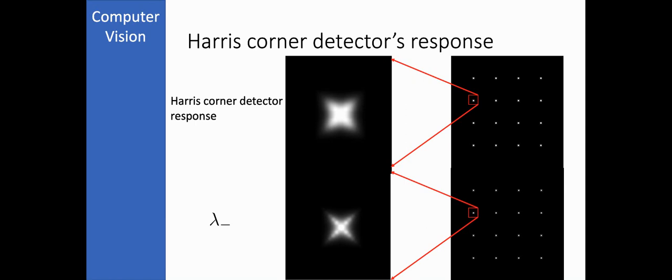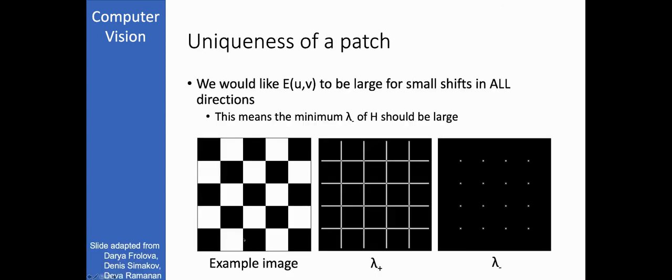And if I look at the response of the Harris corner detector, meaning the determinant minus the trace squared, the response really looks like the smallest eigenvalue at the corners. I see that the response in the squared image that we've seen before for the Harris corner detector is this, while the minimum eigenvalue was this. And notice that it only highlights the corner points. So that's quite nice. To compare, the original image was given here. The smallest eigenvalue was highlighting the corners, and the Harris corner detector similarly highlights the